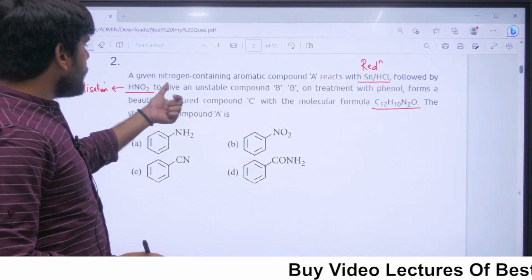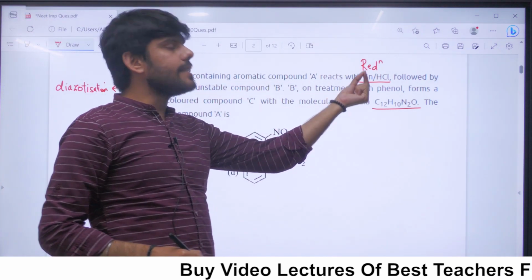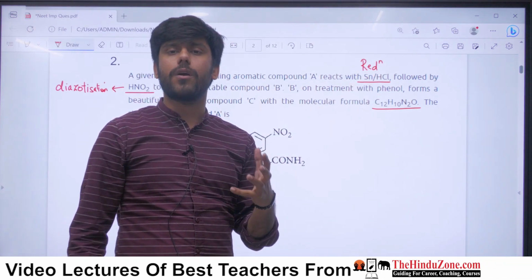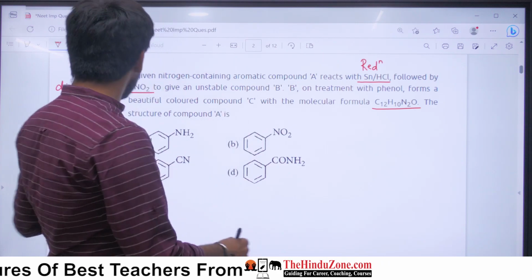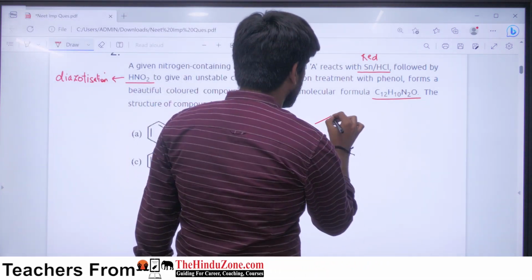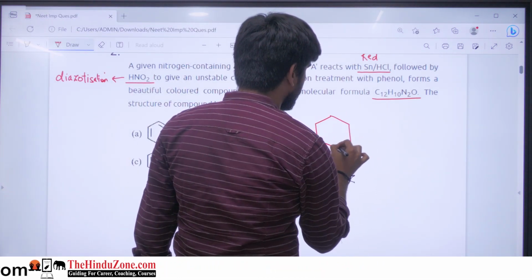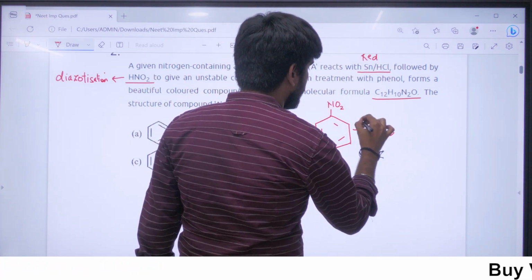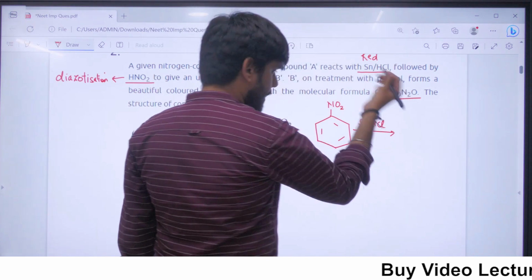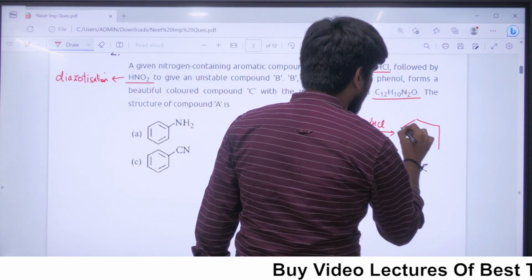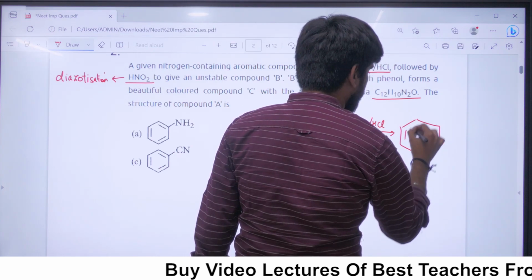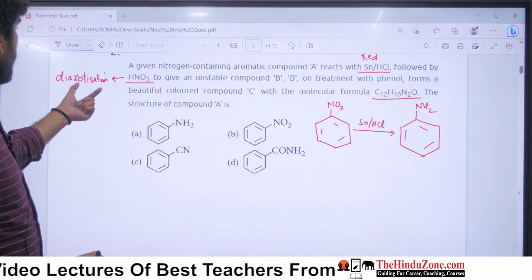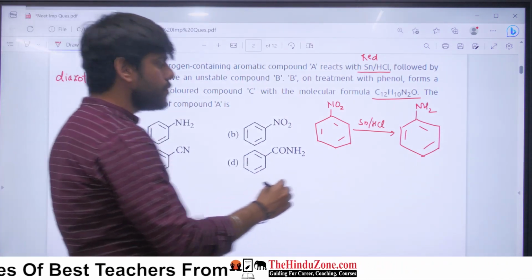Yes, so a given nitrogen containing compound A reacts with Sn/HCl. You know that this is a reducing agent. We use it for the reduction of nitro compound to the amine. So basically if I start with this nitrobenzene in the presence of Sn/HCl or Fe/HCl, I end up getting aniline. This is your aromatic amine, aniline. Now aniline on reaction with HNO2,